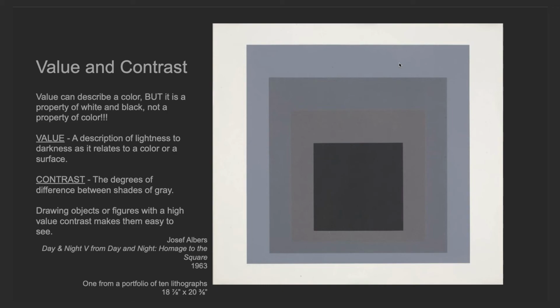So value can describe a color, but it is a property of white and black, not a property of color. That may sound confusing, but imagine taking a black and white photograph of an object. All of the color that would have been in the image is then black and white, and it becomes shades of gray. If you have a dark red, a person wearing a dark red shirt standing next to a person